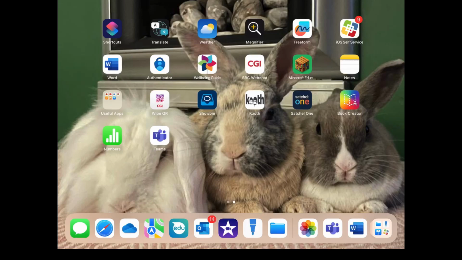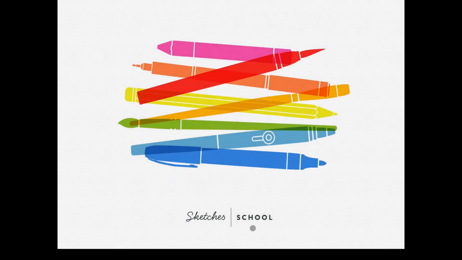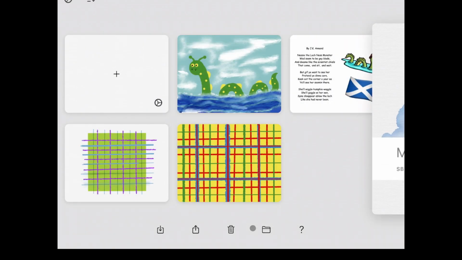Hello! Today we are going to be making our own tartan. We are going to use the Sketches School app to design our own tartan using horizontal and vertical lines. You will also need to choose different colours to create your tartan. Let's get started. As you can see on the screen here are two examples of tartan I have created using